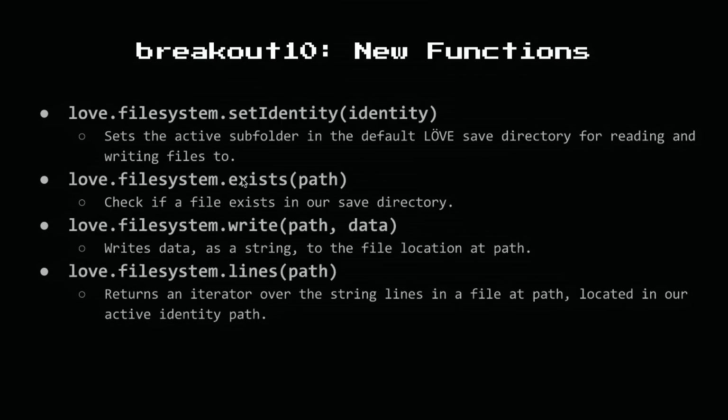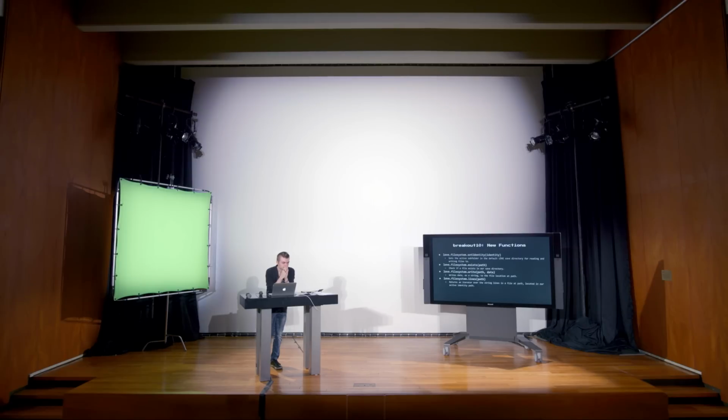You can check whether it exists with love.filesystem.exists at some path. You can write to that path with some data, that data being a string value. And then love.filesystem.lines is an iterator, which will allow you to loop over any of the data that's in a file at a given location. Yes? I played around with pushing it to an iPhone. Yep. Does this work if you end up porting it to a device? It should. We can pull that up now, actually, and see,